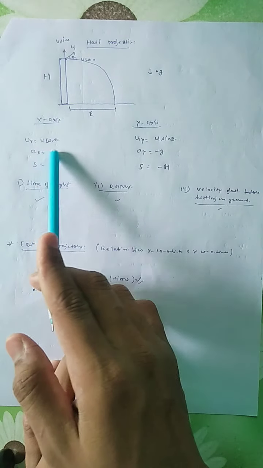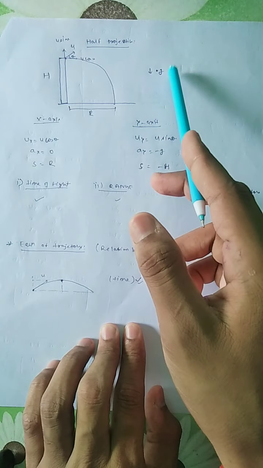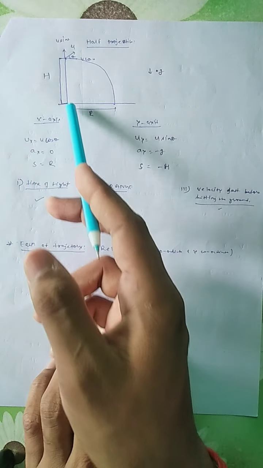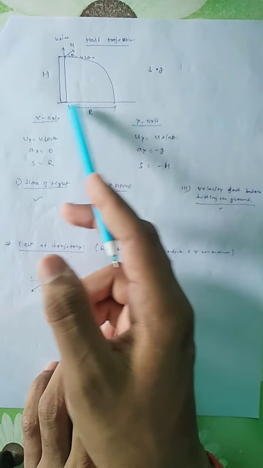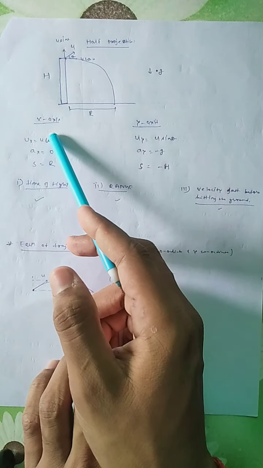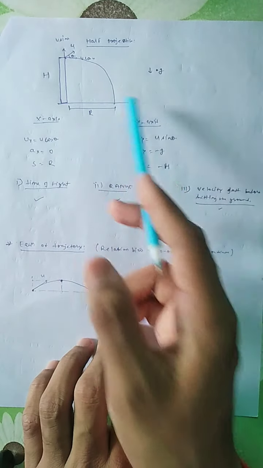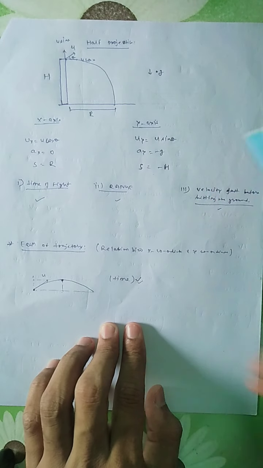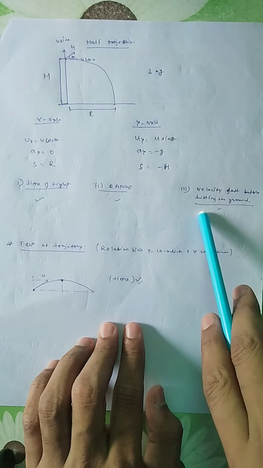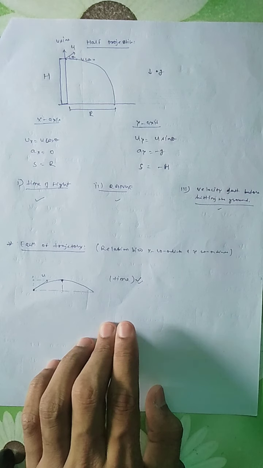So you can write here for the x axis: ux is equal to u cos theta. Acceleration in the x direction will again be 0, since acceleration due to gravity is vertically downward and there is no component along the x axis. And third, in the x direction s is equal to R. So here you can see this will be the range of this half projectile. You can simply use the formula to find the time taken by the body to reach here, and just like the previous lecture, using the basic concepts, you can also find time of flight, range, and velocity just before hitting the ground. It is so simple; by using simple concepts you can solve the problem of half projectile.